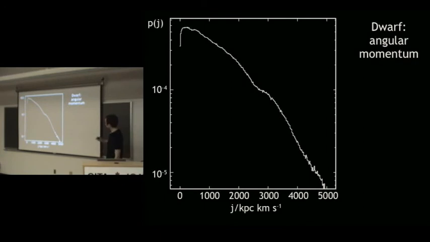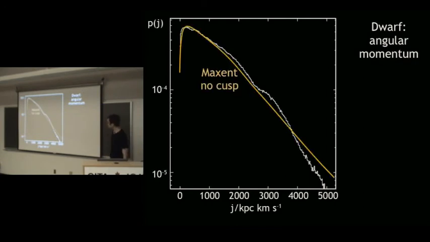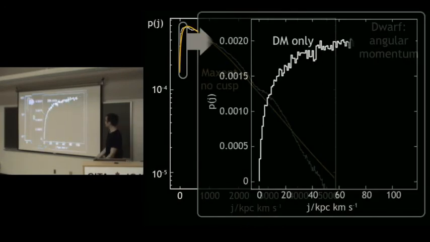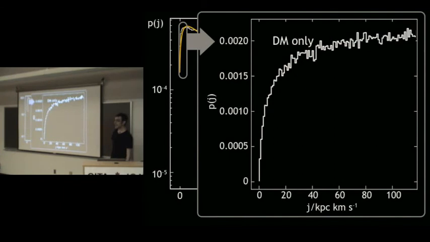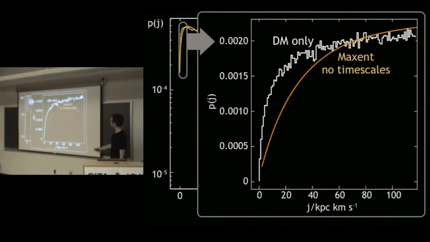But what I promised to tell you is why I'm now referring to this core formation as melting, and there's a very good reason to think about it like that. If you look at the angular momentum in the dark matter only simulation, and you write down the maximum entropy solution, just a simple maximum entropy solution, and it has no cusp, then you get a reasonable fit at large angular momenta, but as before, if you look at the low angular momentum end,